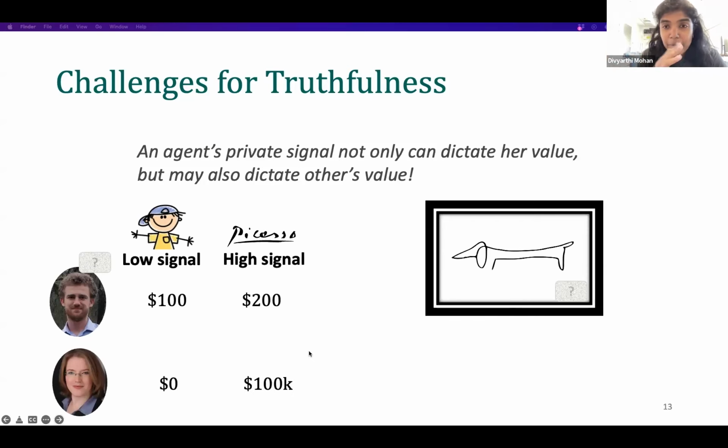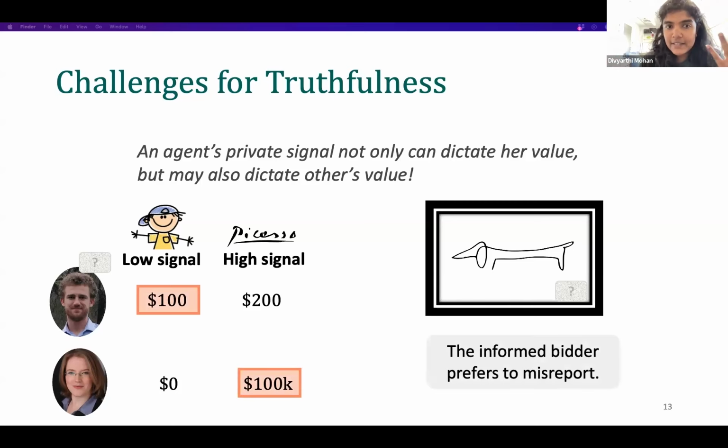And depending on what the information is, both Simo's value and Rebecca's value are going to be highly different, right? So here Simo, who's informed about the item, has a really high incentive to misreport, because if he lies and says that,